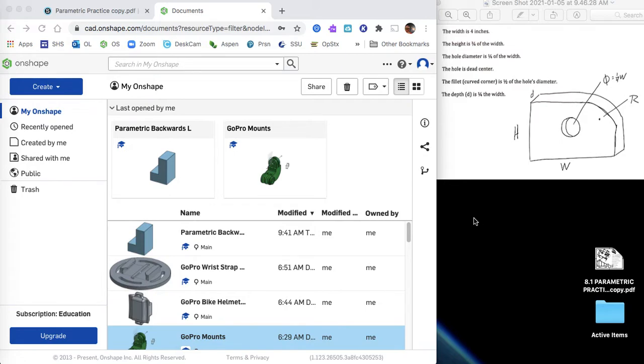Hi everyone, here's a helper video to make this second parametric object. The first one being that backwards L. And the first thing I want to say about this one is that it's just a messy, quick,